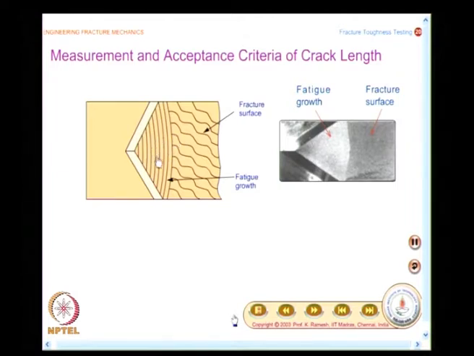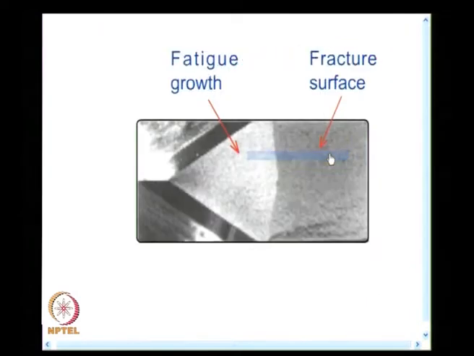So, you have a growth phase of the crack and there is a fracture surface, and I think I can enlarge this picture. This is a broken specimen. So, you could see the chevron notch here and this is the region where you have the fatigue crack growth. Definitely this is not straight, it is having a curvature, and you should also note that there is a portion which comes out of the chevron notch. The chevron notch ends here and you have a small distance.